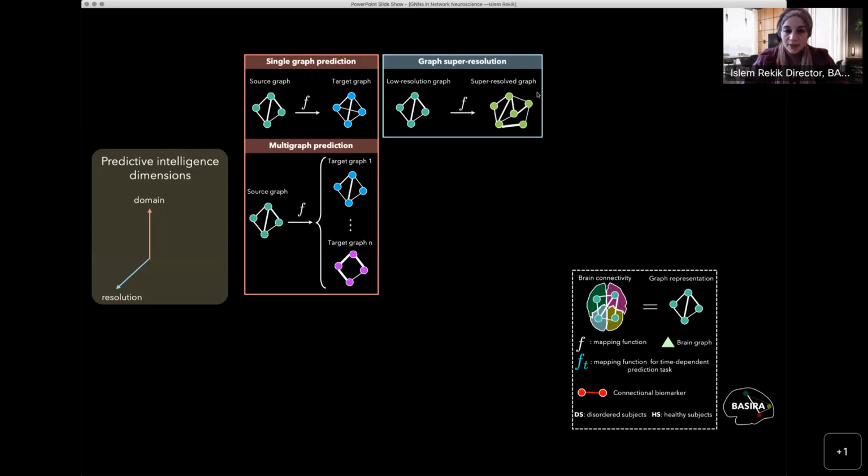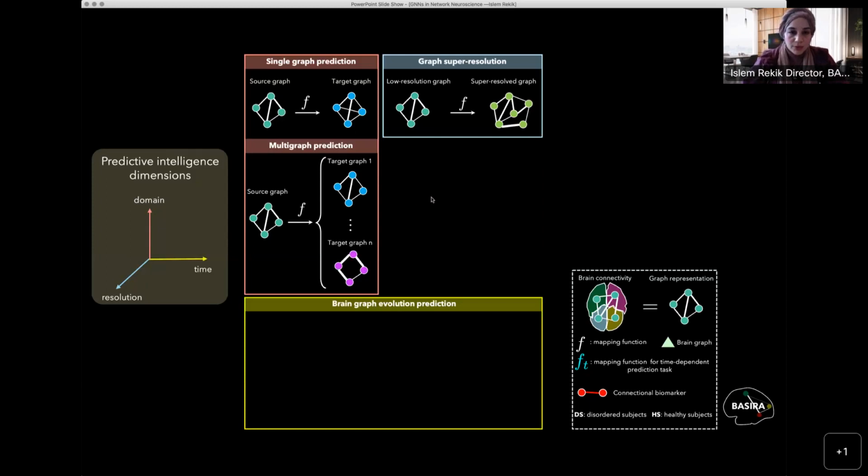Then you have a higher resolution graph with a more refined parcellation, and with this refined parcellation it will take a lot of time, like hours, let's say, to transform the image into this high resolution graph. So for us, instead of trying to circumvent the need of costly image processing, we directly learn how to predict the high resolution graph from the low resolution one. And that's what we call super resolution, graph super resolution.